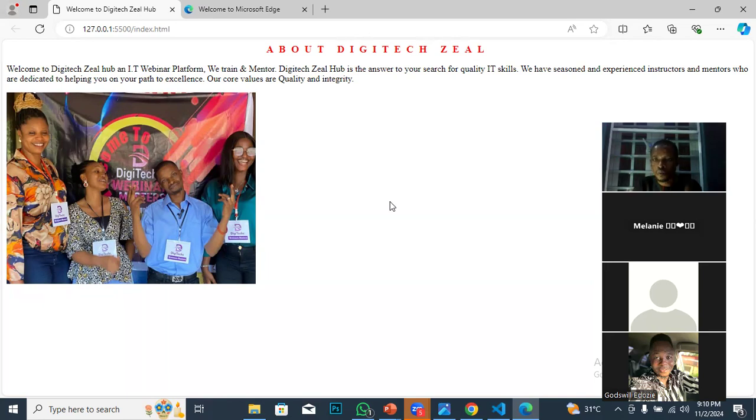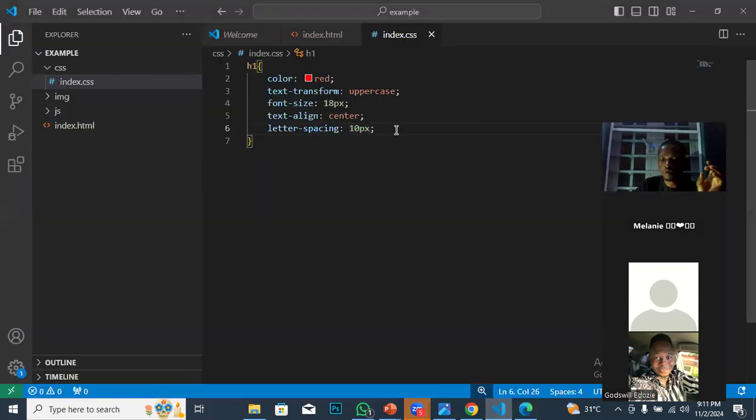So I want a situation whereby when a user gets to this website and there are products that I am advertising, I want them to be enticed. I want them to be happy, so that they can keep visiting this website as I continue to provide more updates. So I want to slant all these letters. How to do that? I will consult another CSS property. And the CSS property to slant those entries is called